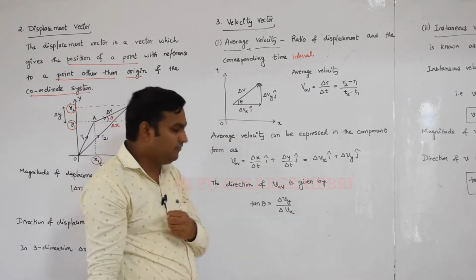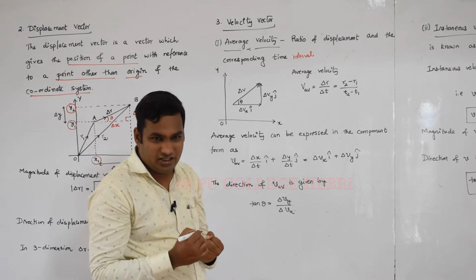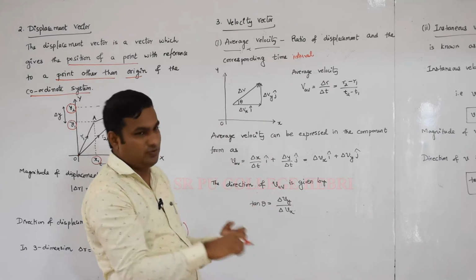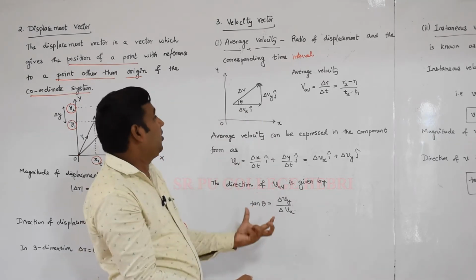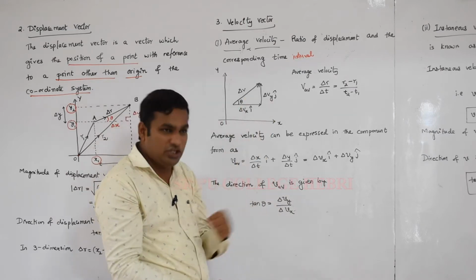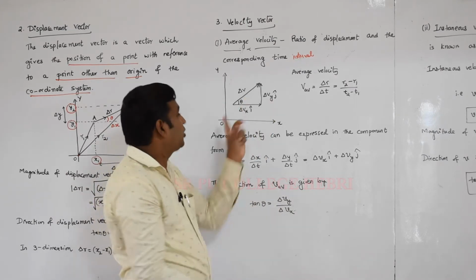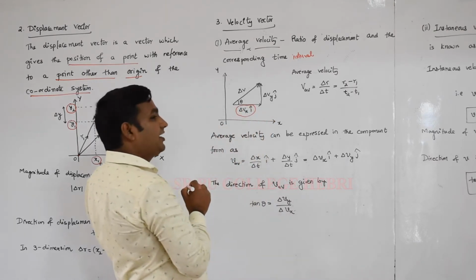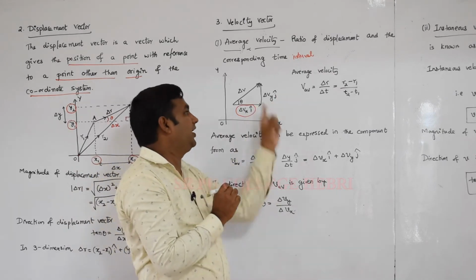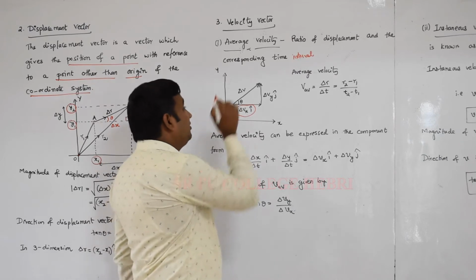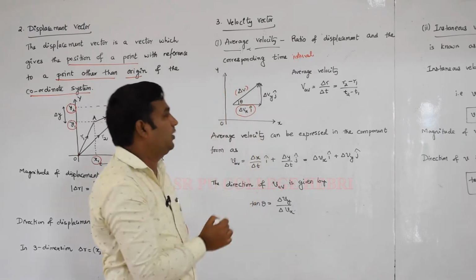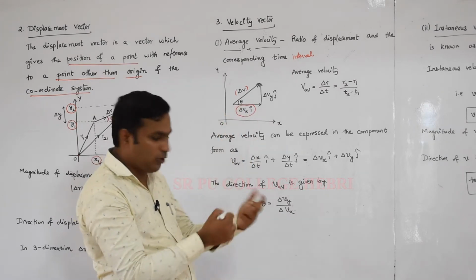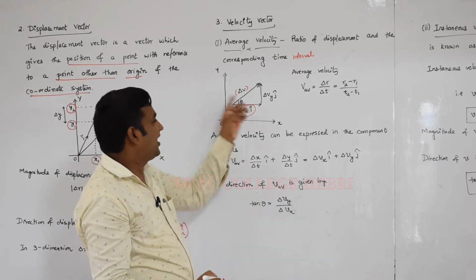Here we take a graph. Depending on a position vector, we consider the displacement vector. At that particular location, it has a particular velocity. We call them v1 and v2. Depending on that, there will be a change in velocity in terms of components. There are 2 components. One is the horizontal component, delta Vx into i cap, according to this diagram. And another is the vertical component, delta Vy into j cap. This delta V, the average velocity, makes an angle theta here.